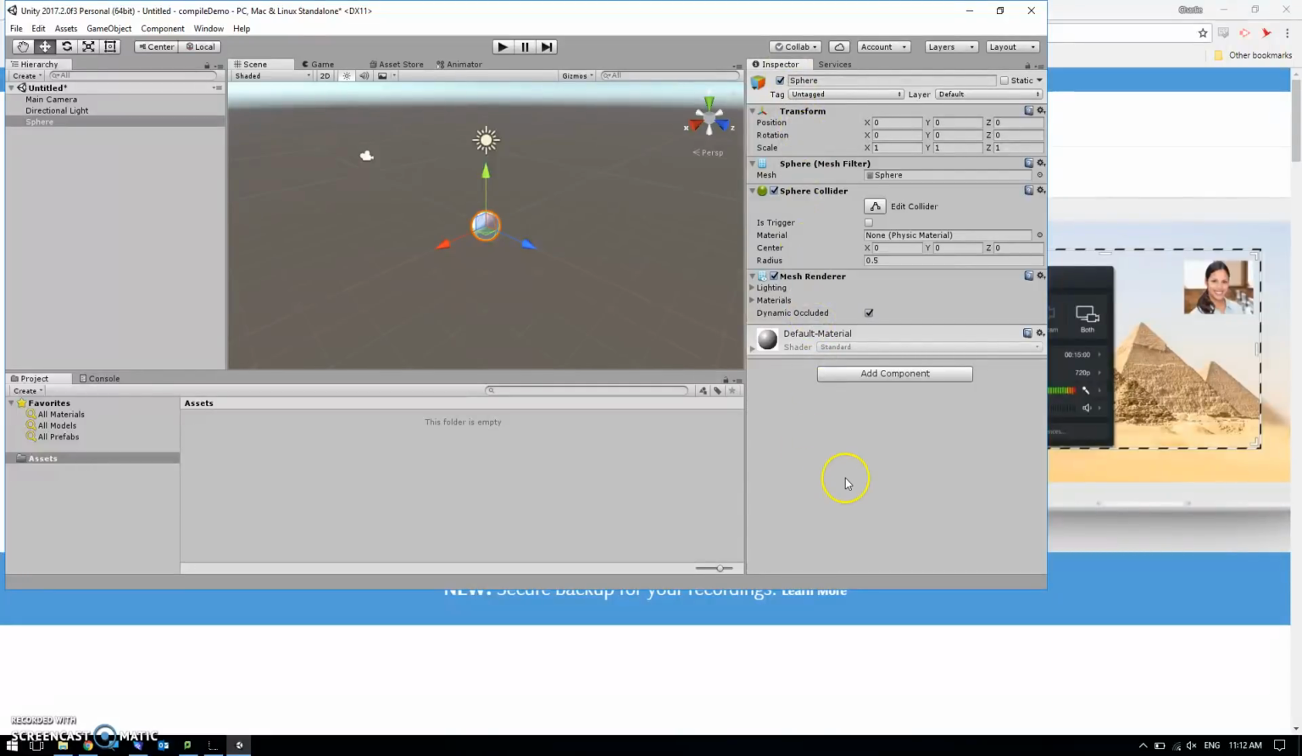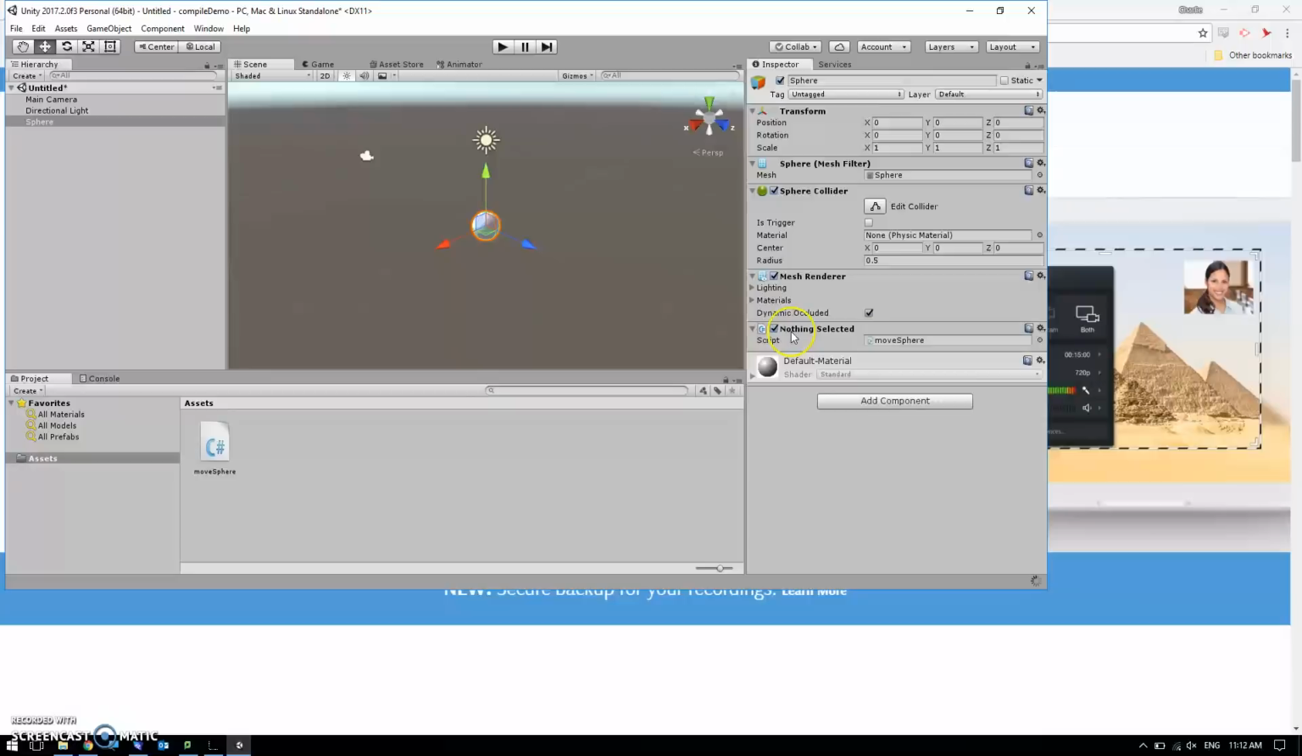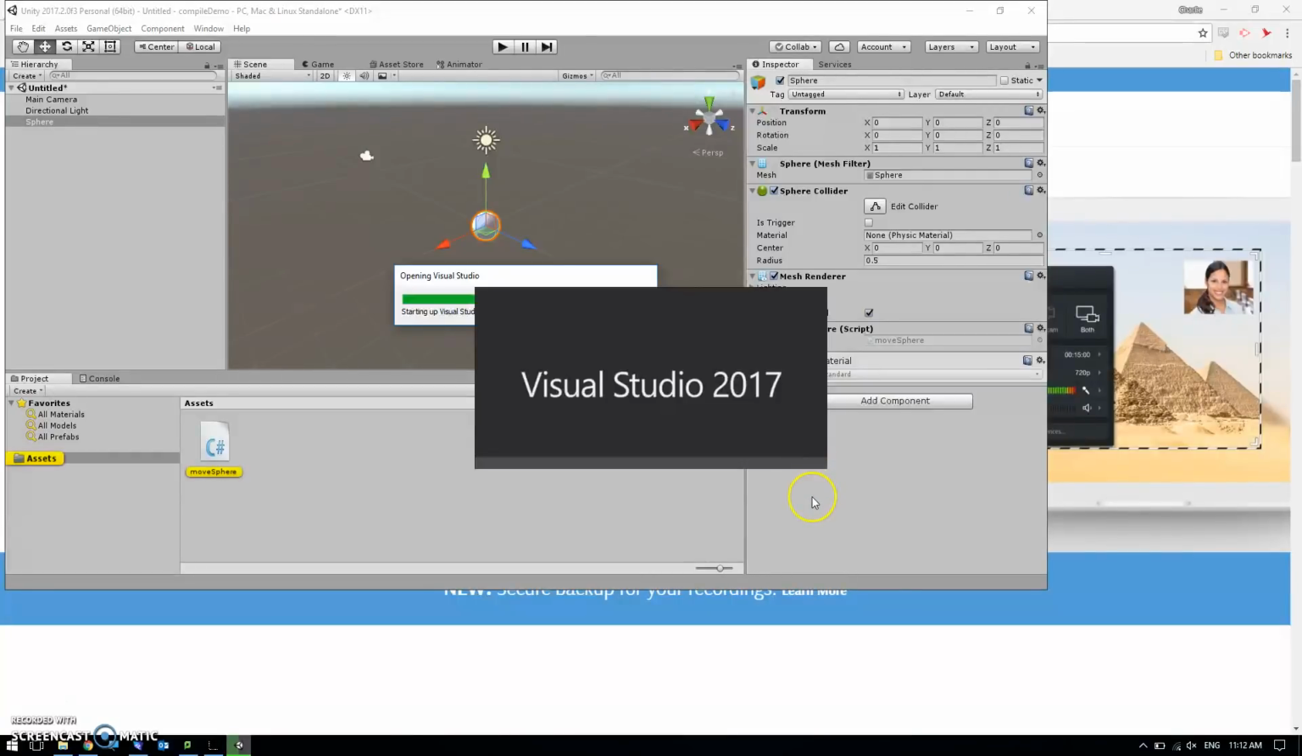The only thing I'm going to add is a script, which is going to do something. So new script, and I'm going to call it move sphere, because that's what it does. And it says nothing selected, and now it says waiting, move sphere script. So if I double click where it's kind of grayed out here, it's going to open up that script in